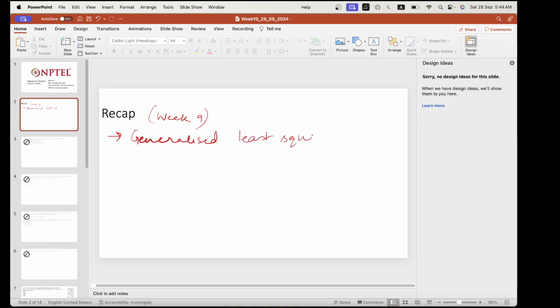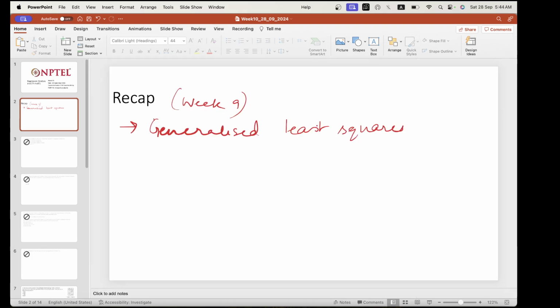These were the cases which came in handy when the normal assumptions were not holding true. Like, when we see that there's a pattern in the variance, like variance of epsilon i is not equal to sigma square for all i. Those sort of